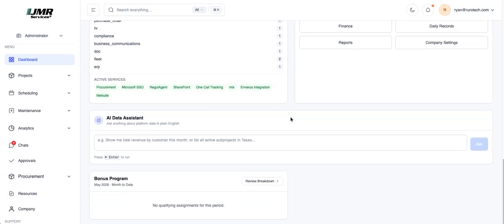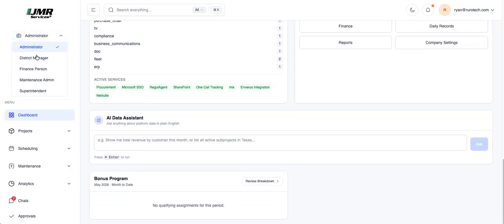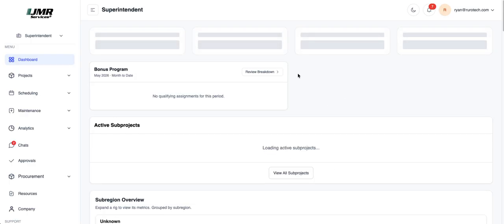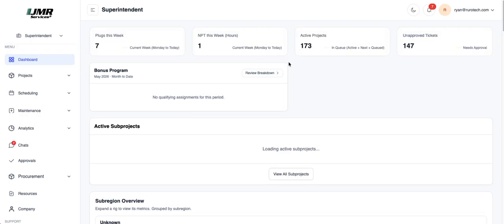You'll also notice that different dashboards between different user types will show different bits of information. So if I switch from administrator over to superintendent, we'll see a different loadout of reports. So yeah, we just encourage you to get in here, poke around the different ones that you have access to, see what's there, and feel free to write us at